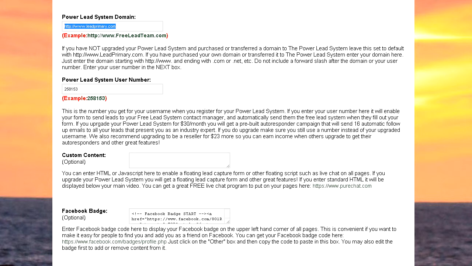That should be leadprimary.com. When you get your URL, just make sure that that matches leadprimary.com. If it's something else, then you'll want to change that. So it should be leadprimary.com, and then it will say / your user number. If it's something other than leadprimary.com, then change it to whatever it is. But make sure in this first box you just put HTTP and then /